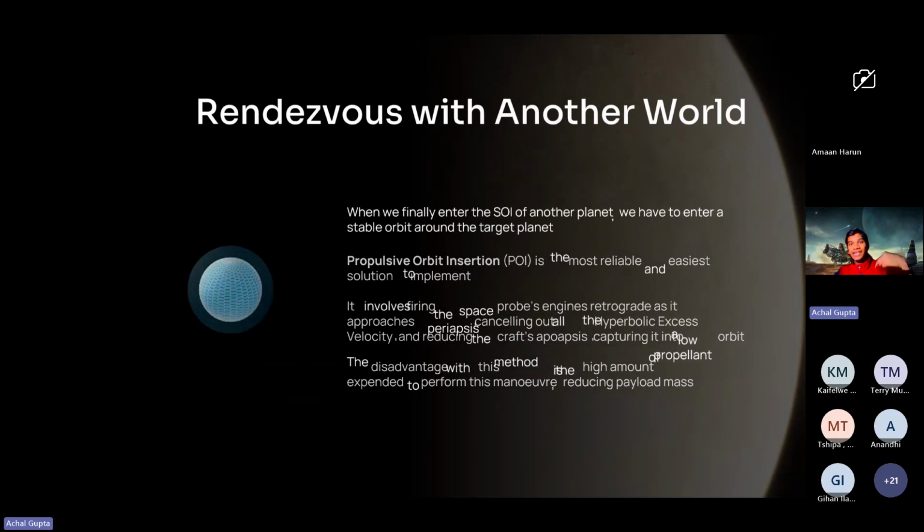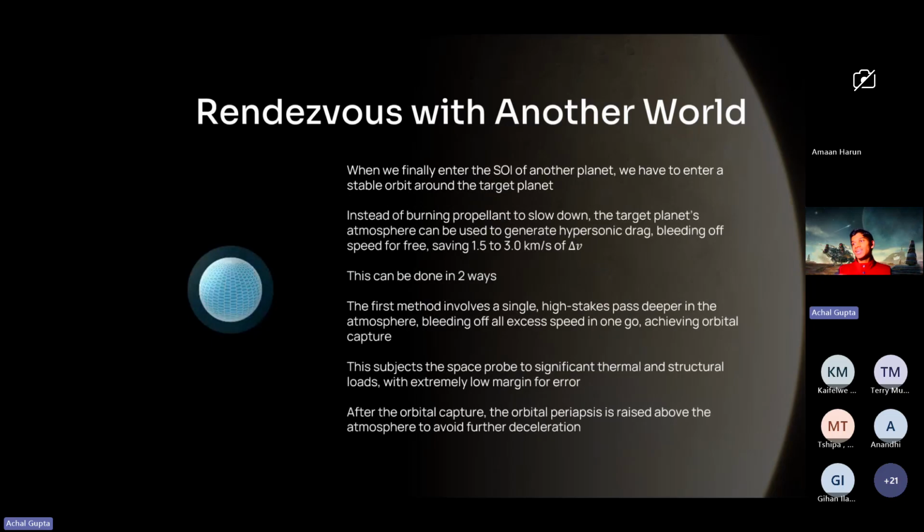The second method is using air resistance. Earlier in my talk, I mentioned how air resistance is a problem when I was talking about dynamic pressure, a dynamic maximum pressure. But in this case, we can use it to our advantage. Well, here's how we do it. Instead of approaching the planet at a random altitude, you approach it at a very specific altitude, which sort of dips into the atmosphere. So you'll have a tiny amount of air density to act on you, and that aerodynamic drag will then slow you down and bleed off that 1.5 to 3 kilometers per second of